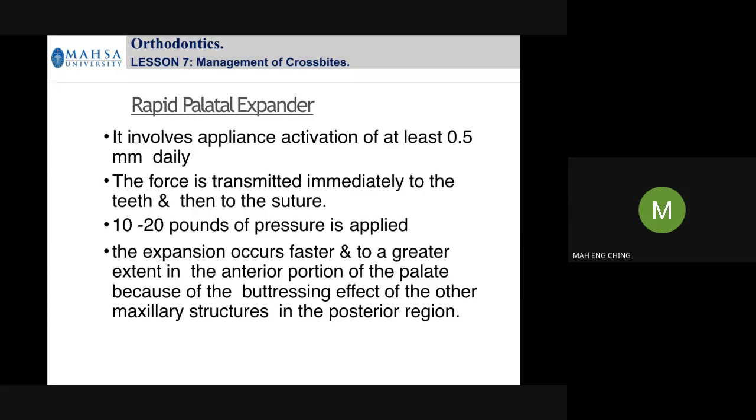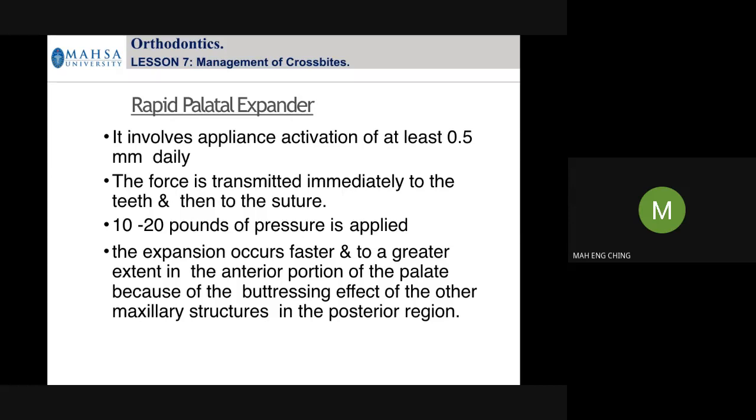So if the patient is too old, then sometimes we need this surgical assisted maxillary expansion. How do you do it? We use the burr to cut the sutures and cut the buttress just to release the pressure, or just to help us to expand the suture better. So a lot of times they cause more expansion on the anterior portions